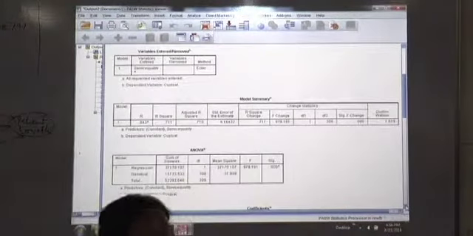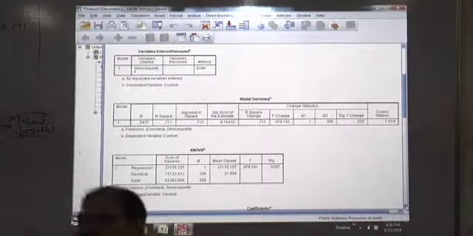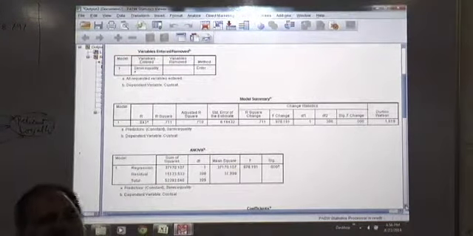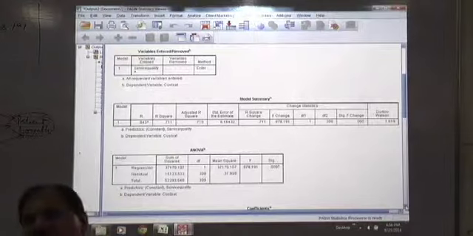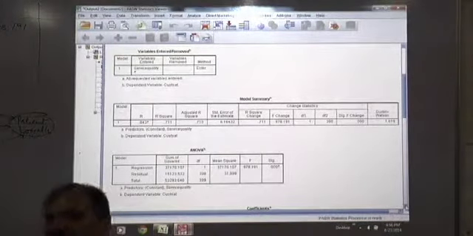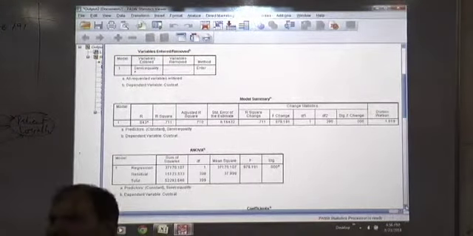Next, go to the ANOVA table. ANOVA F value is 978.191, significant at 0% level of significance. That means this F is significant. Now this ANOVA is checking your complete model fit, whether your whole model has good fit. Because F is significant, it indicates that your model is showing good fit.